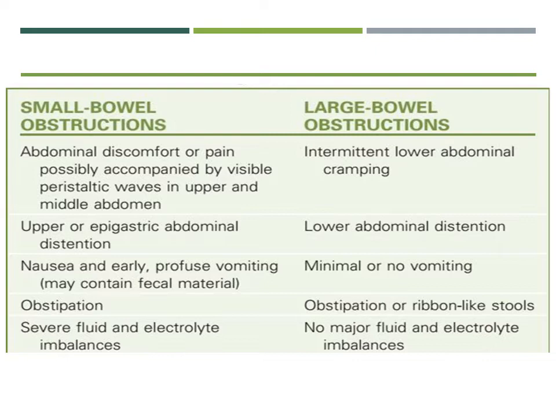So lower abdominal crampy pain. The large intestine tends to be a bit of a lower down structure, especially the sigmoid and the rectum. So you have lower abdominal pain. You have lower abdominal distension. So the large bowel is where you can have massive amounts of abdominal distension and bloating